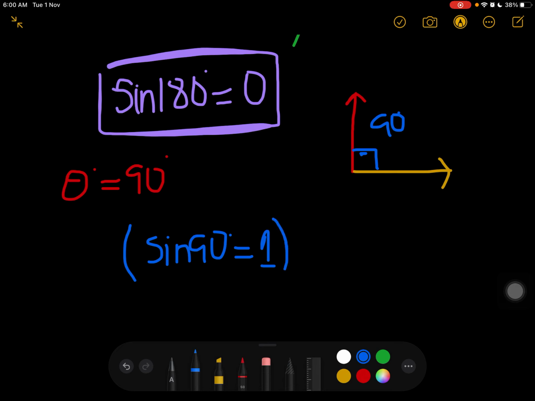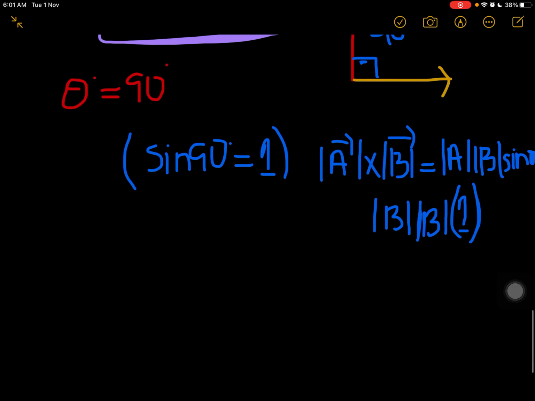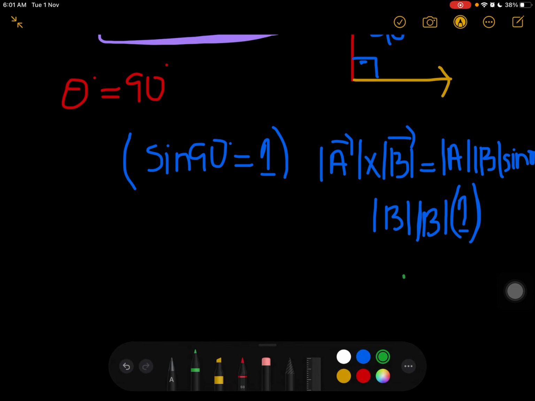So this is the maximum value of sine, because you can think that when we take the cross product, it is equal to a b sine theta. So if theta is 90, it will be equal to a b times 1, right? So ultimately the answer will come a b,